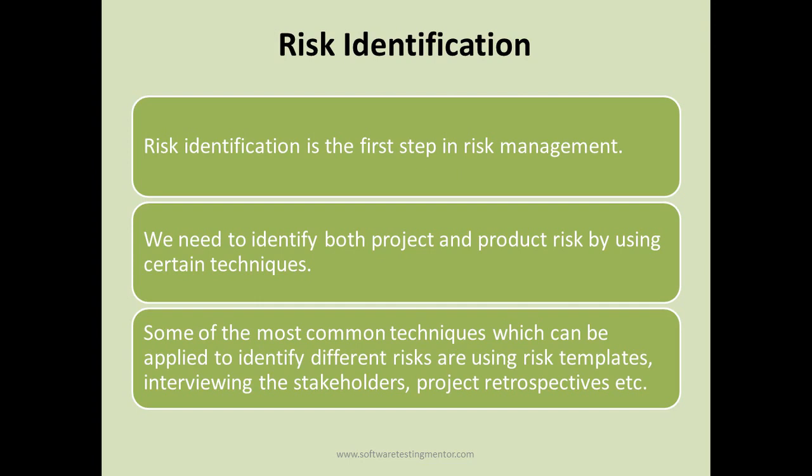And some of the most common techniques which can be applied to identify risks are using risk templates that we discussed in previous slides. So you can have a risk template based on different functional and non-functional characteristics of software, and then you can do one-on-one sessions. You can interview stakeholders, different project stakeholders, high technical members of the team, domain experts in the organization, and understand what are the most common kinds of risks for the user stories or the requirements that you want to implement